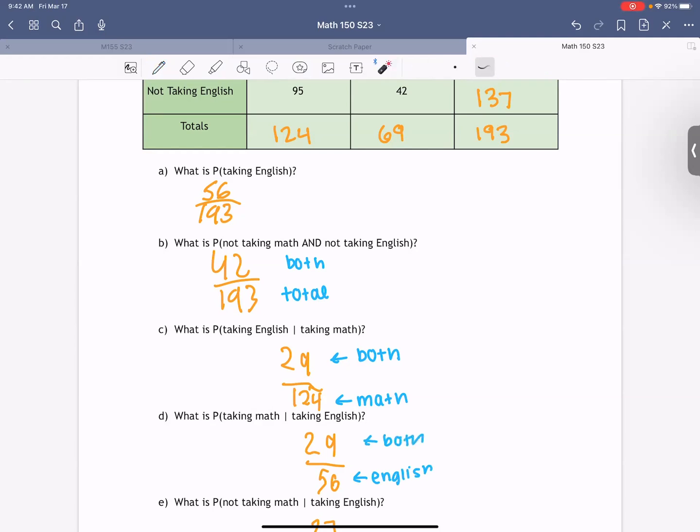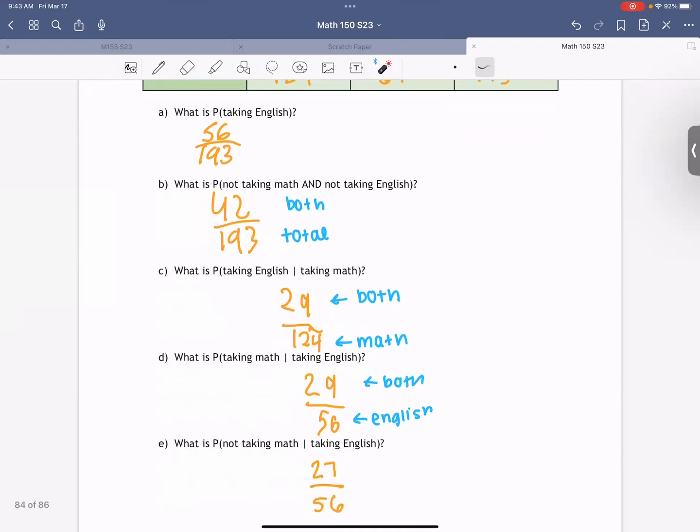What's going to happen when you flip the two things in the conditional probability? It doesn't matter what order you put them in. The number on the top is always going to be the same if you have two of the same things going on in the probability. It's going to be where both are true. But what changes is the bottom number, right? If you flip them over, the bottom number is always the situation on the right. It's going to be different if the situation on the right is different, right? So the bottom number is always going to change, even if the two situations are the same. Okay, any questions so far?